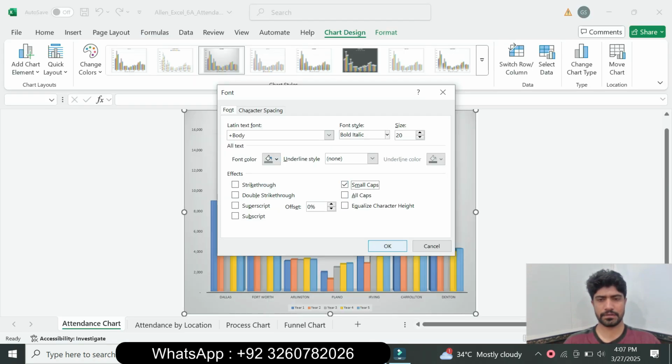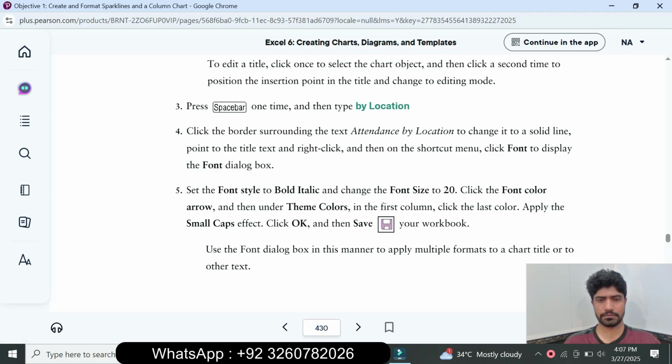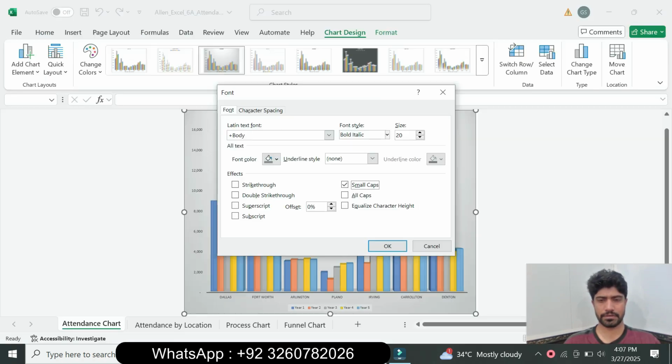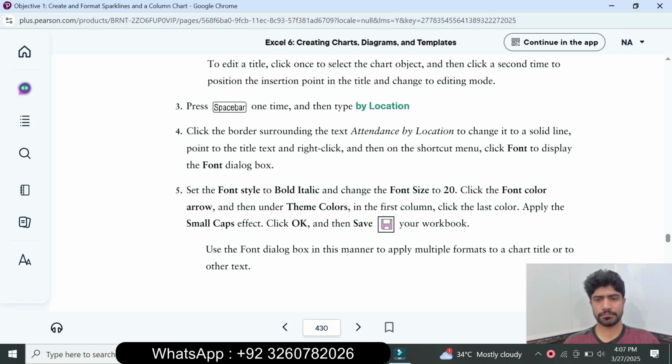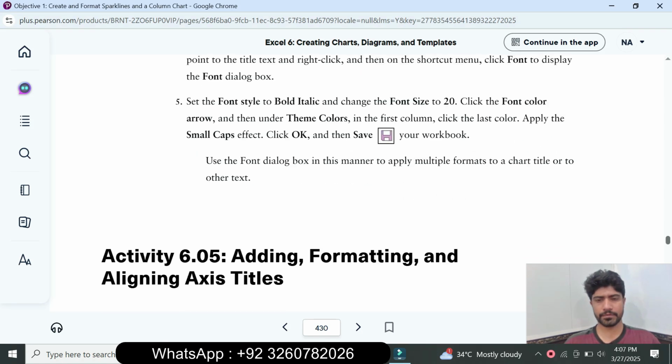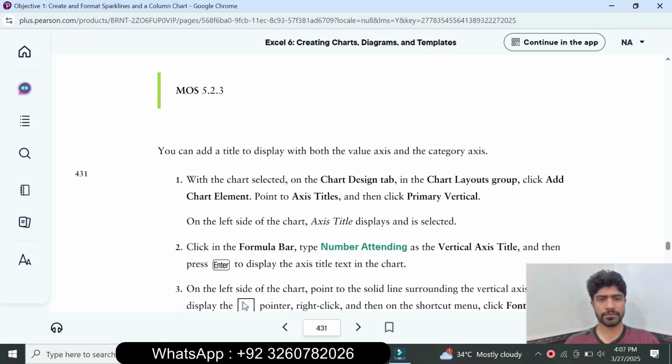Then save your workbook. Next, with the chart selected, on the Chart Design tab in the Chart Layout group,